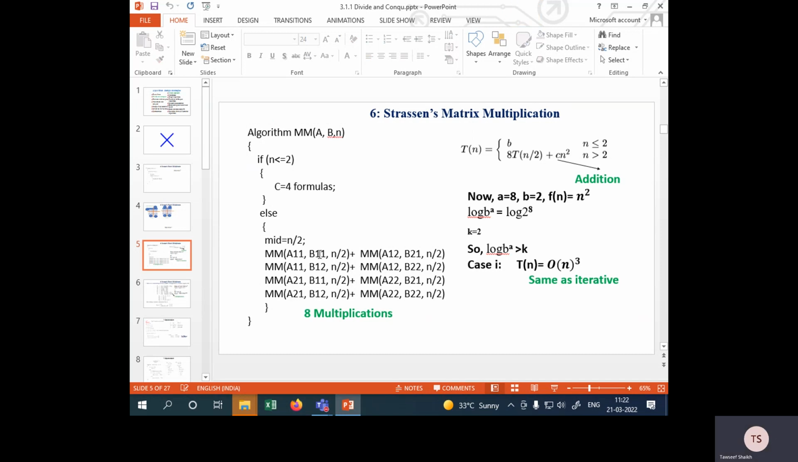And if you look closely at this pseudo code of divide and conquer, what we found is that we had to make 8 recursive calls to this matrix multiplication algorithm. 1, 2, 3, 4, 5, 6, 7, 8. 8 times we have to call this algorithm, okay? So, if I had to make a recurrence relation for this matrix multiplication algorithm using divide and conquer, I will make it here that